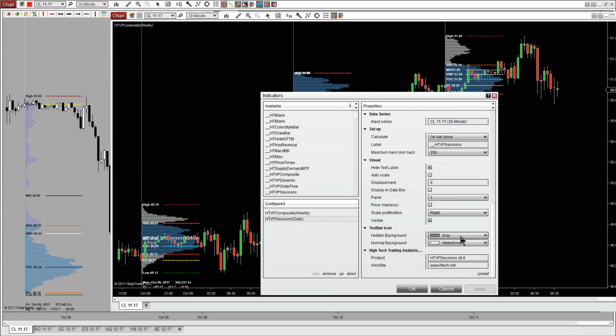This toolbar icon down here, I put an icon in your toolbar. I give you the ability to change the background color so that you can match the theme, or the skin, of whatever theme it is that you're using. Just remember that you want these to be different enough so that when I